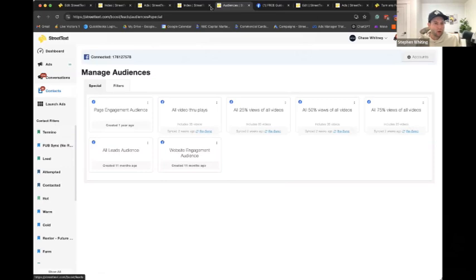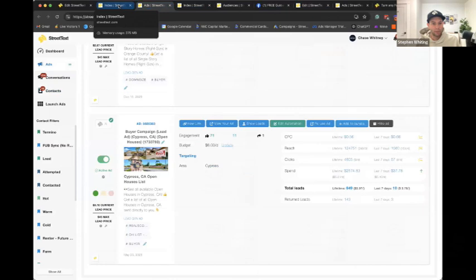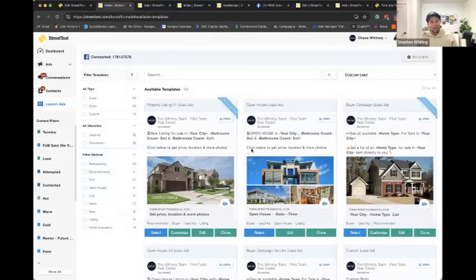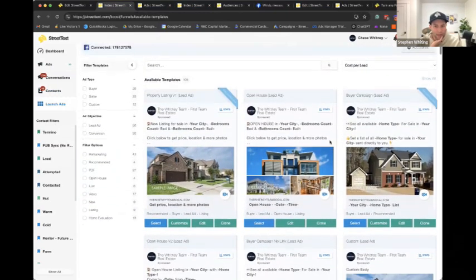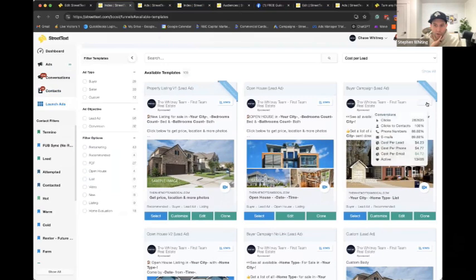And so if I head over to the ads page now, let me just see, I had one of these tabs open. Here's an example, and I'm in this here. Again, the powerful thing about what StreetText does, and we covered this in the previous webinar, is we aggregate all the data. So if I hover over this, you can see there's about 13,000 of these ads that are active right now.